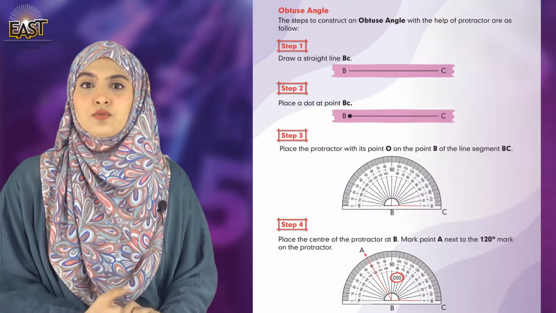In today's class, we are going to continue where we stopped in our previous class. We are going to talk about obtuse angle, straight angle and reflex angle. Reflex angle is quite easy, straight angle is very easy, and obtuse angle is also very easy. I am sure that when you start practicing, you'll find them interesting and easy as well. Are you guys ready? Take out your books, page number 173.